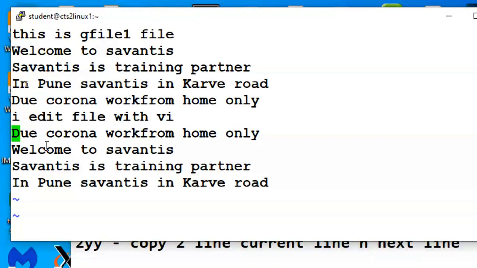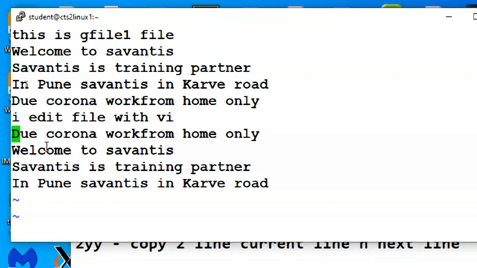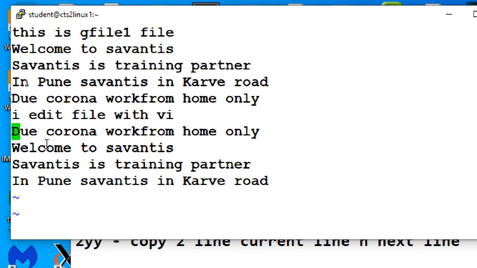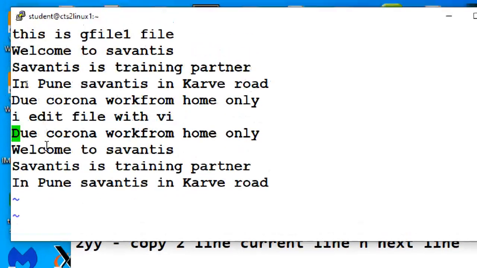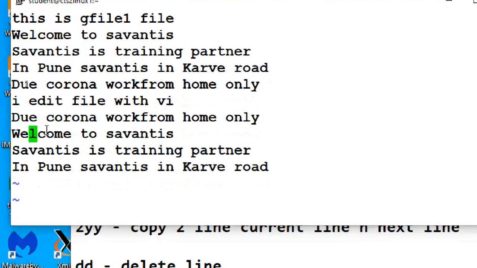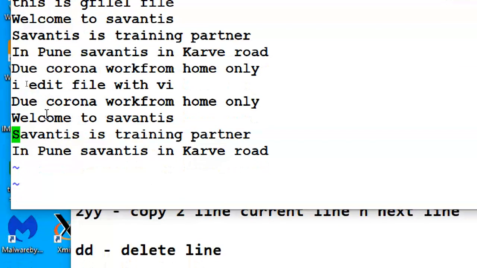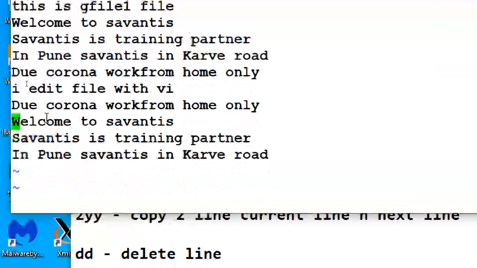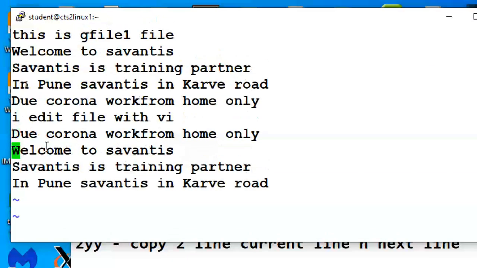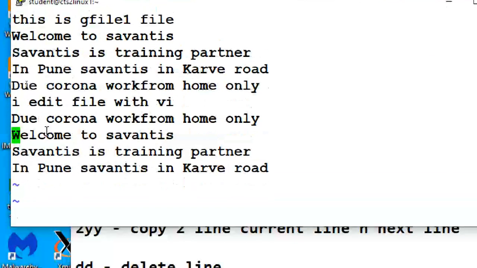Okay, so I deleted it, right? I press U, I get it back. For example, I want to delete 2 lines: Welcome to Savantis, and Savantis is a training partner. So I put the cursor on this line, and the next line.